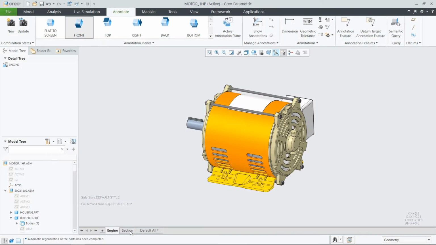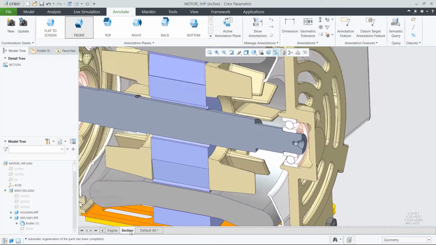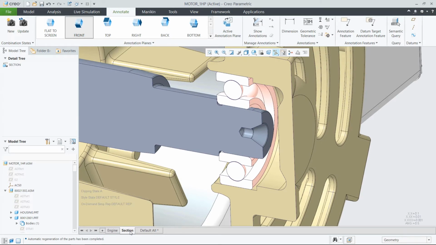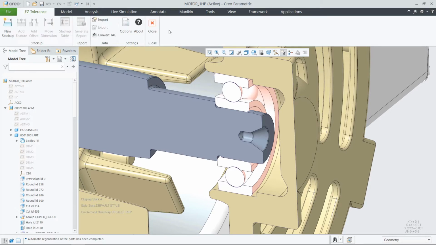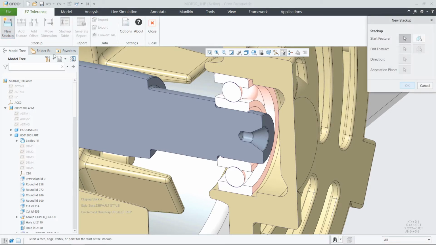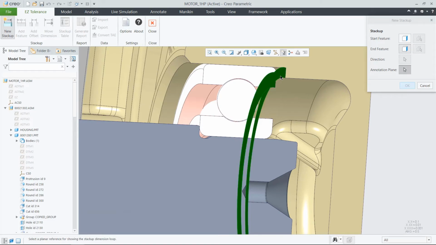Creo Parametric 7.0 introduces the new extension of Creo EZ tolerance analysis, which is powered by Sigmetrics. Creo EZ tolerance analysis is the new app for creating and managing multiple one-dimensional tolerance stack-up analyses. In this example, I will be investigating a dedicated gap for this motor's bearing washer, so that the designer can